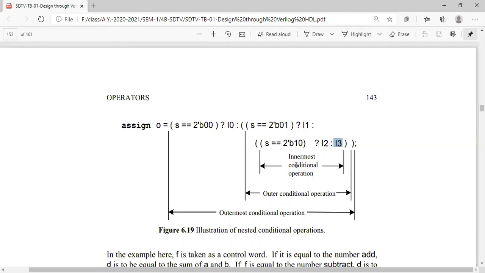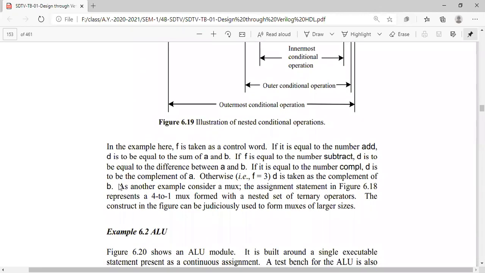After that, we have some value overall, right? Now we will compare S with 0 1. If it matches, then I1 will be executed. If not, the value we got will be executed. So we get a value here, and that value will be evaluated. If this one is true, it has to give I0, and if not, the value we get from the total expression. After evaluating all these things, we get a value. That one has to go to the assigned output O. The same description is mentioned here.